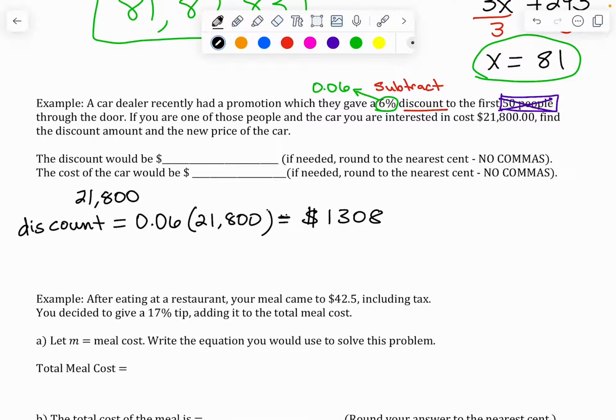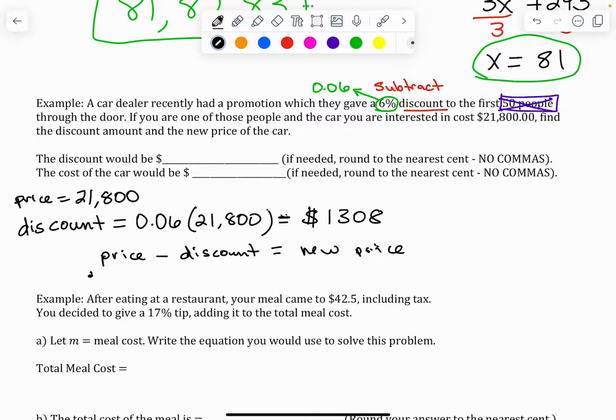$1,308. This is the price of the car. So if we take the price and we subtract the discount, that's going to give us the new price. So now we have 21,800 minus 1,308